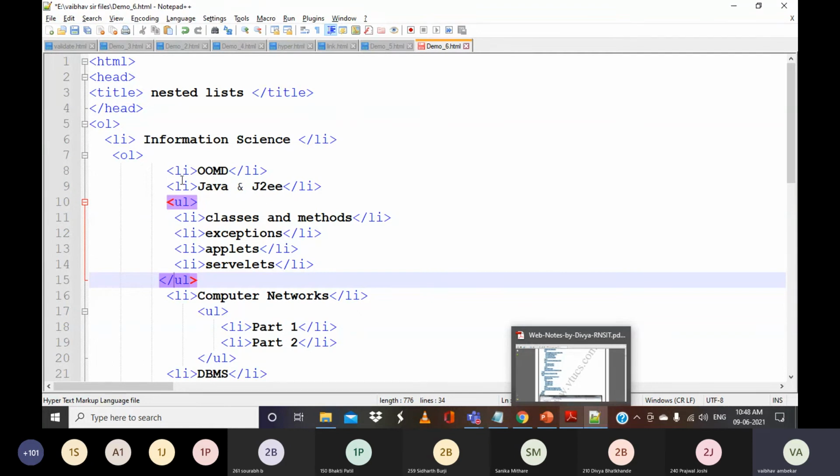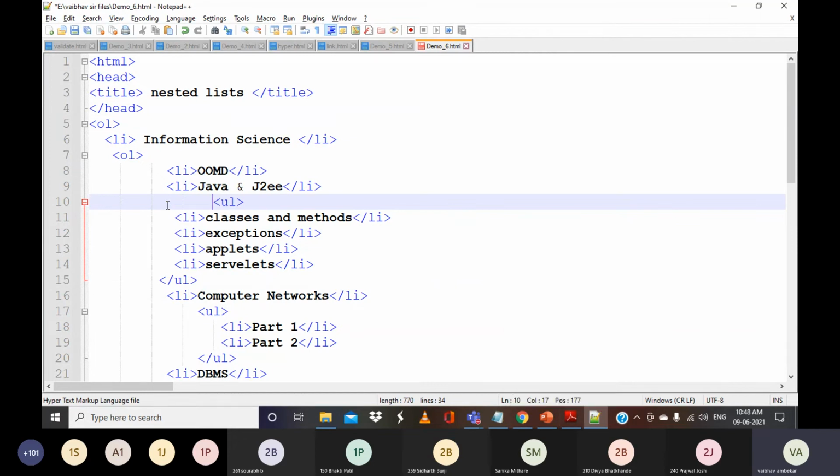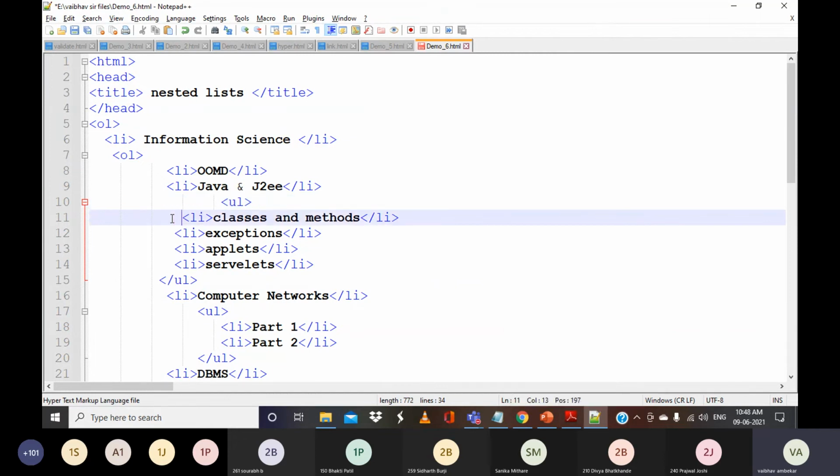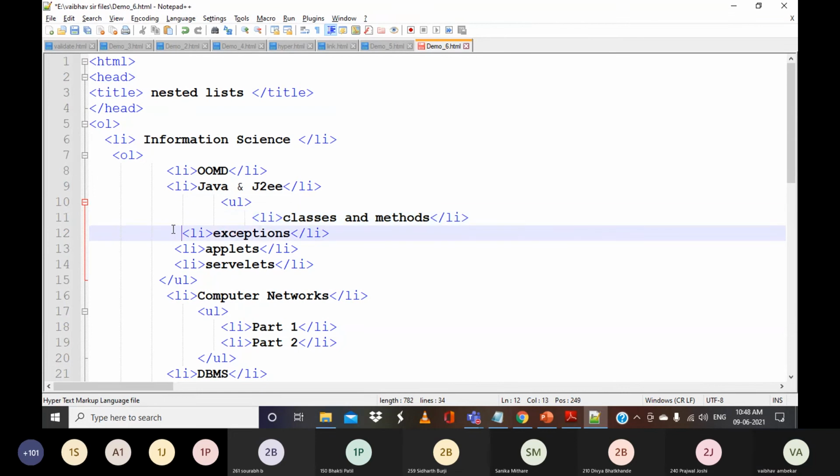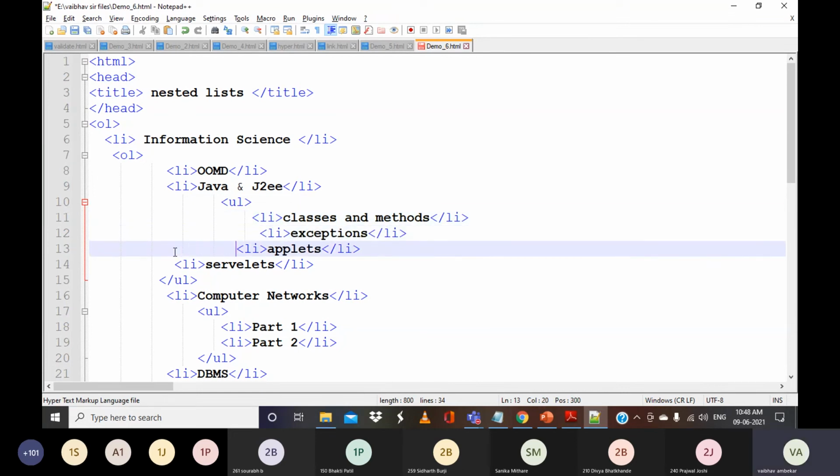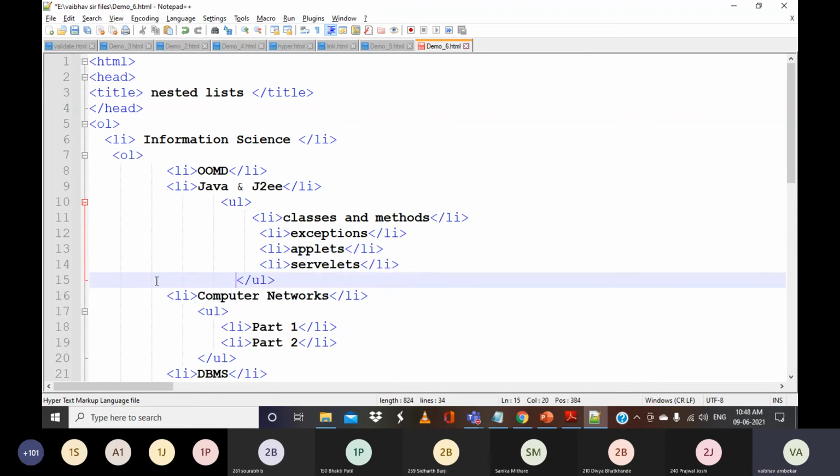Then this is again the outer LI tag, or to be more specific, I will specify it like this, so it will be more clear to you. So that the same thing, whatever you have developed, will appear in the same way in your browser. So you can make the difference and understand it in a more proper way.